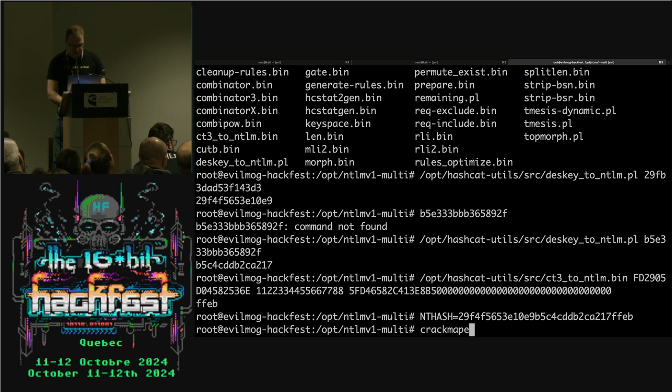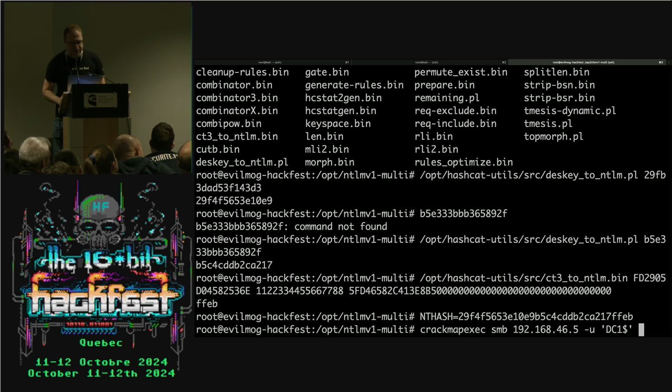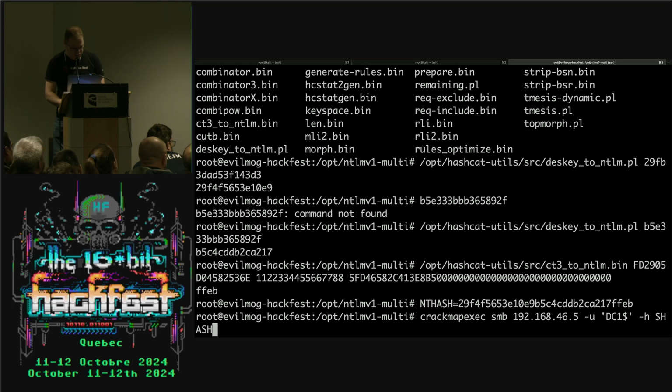So we go crackmapexec SMB. Now the new tool is actually called netexec, but muscle memory says crackmapexec, so I've got it mapped out. Yeah, so sue me, I'm not exactly accurate and up to date. Now the reason why I have to use quotes on this is because you put a $ sign in bash and you have all the expansion stuff, things get cranky, so you always enclose in quotes -H $hash or NT hash.